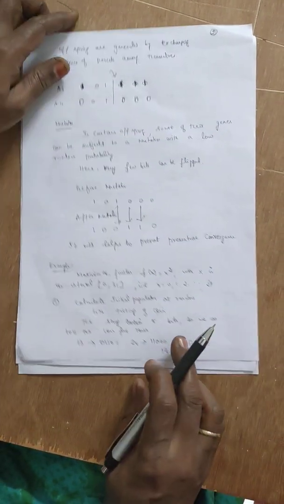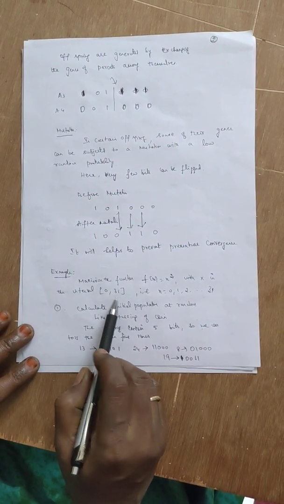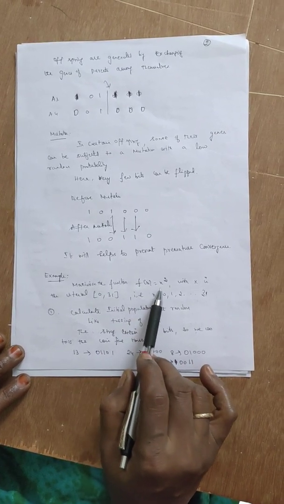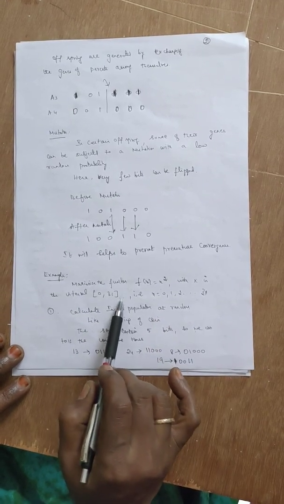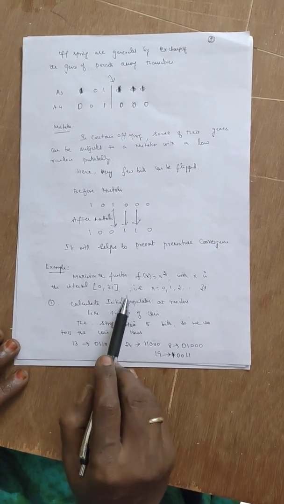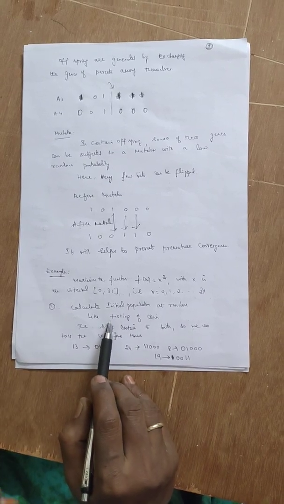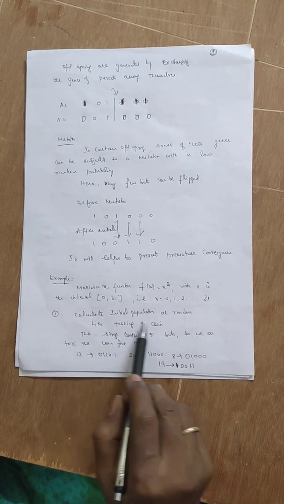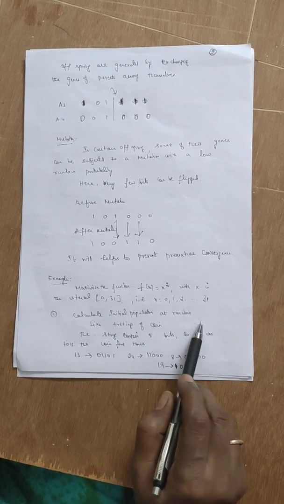Now we will look into a problem solved using the genetic algorithm. Consider the maximization of the function f(x) = x squared. It should be maximized with x in the interval 0 to 31, where x varies from 0 to 31. So our main objective is to use the genetic algorithm to maximize this function value. According to the flow of the genetic algorithm, the first step is the initial population, which we have to calculate at random.